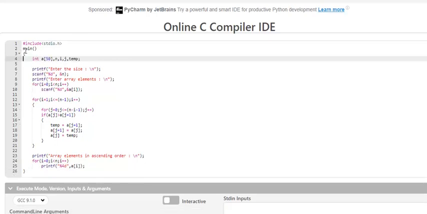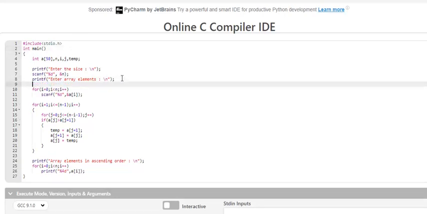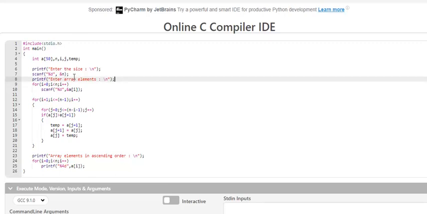We have the main. I will just say int, the reason being on JDoodle it expects main to be returning an integer. What will happen if you don't include that? It will give you just a warning, so it will not cause any error. If you are okay with the warning, you can leave that. We have the declaration part, then we are reading n, we are reading the array, then we have two for loops, and we have the printf statement.